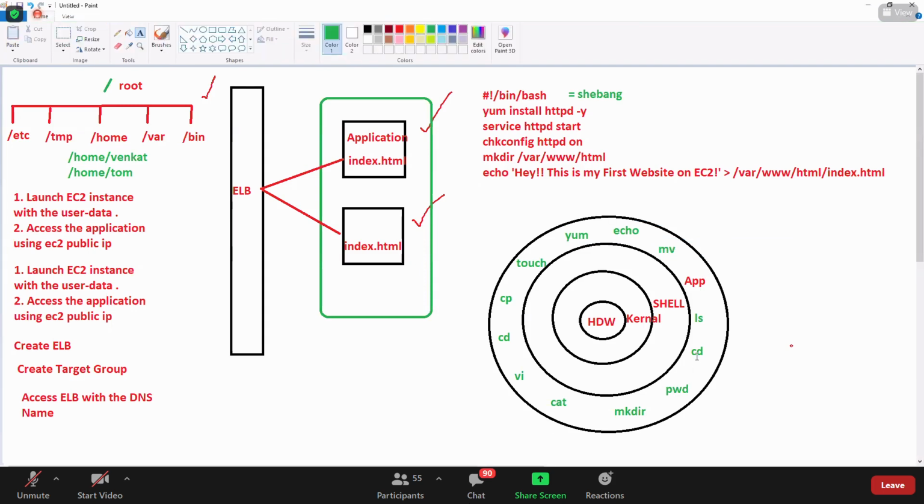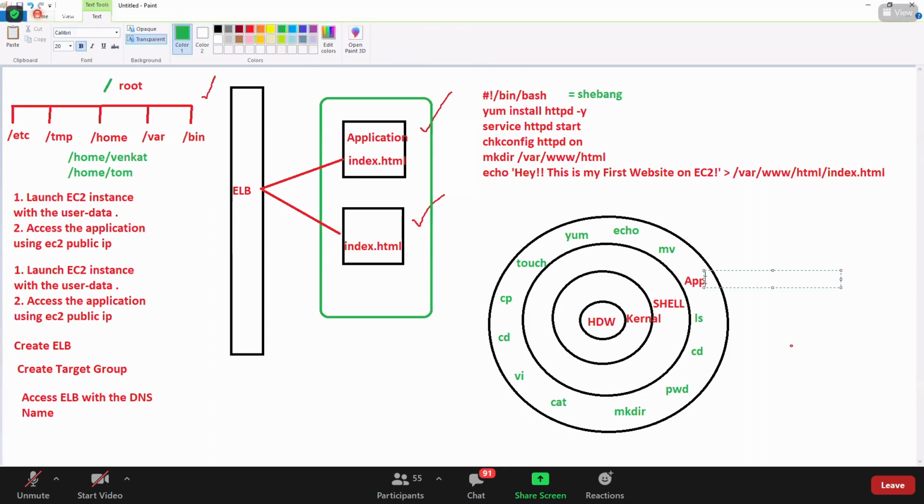There are so many. These are all the commands that you will be executing at the application level here.